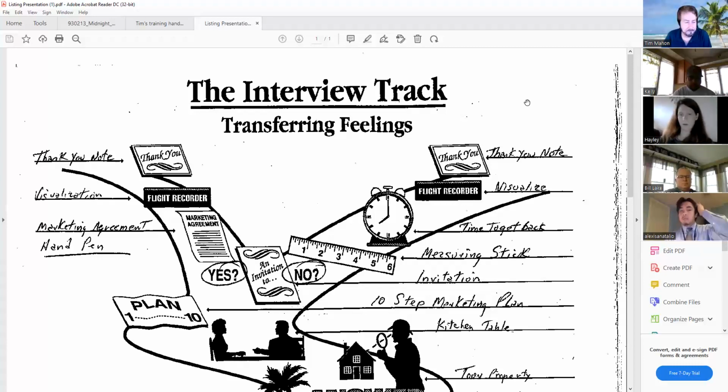This is a track, and it's not a script. It's not a one-act play, but it kind of is, and that's kind of how you want to treat it. There's no wrong way to do this track. You don't necessarily have to do the steps in order. So when we go through this tomorrow, I'm going to go through it step by step as if it's the perfect one-act play and you are doing it in order. But what you're going to eventually do is you're going to internalize this so that you're never lost or confused